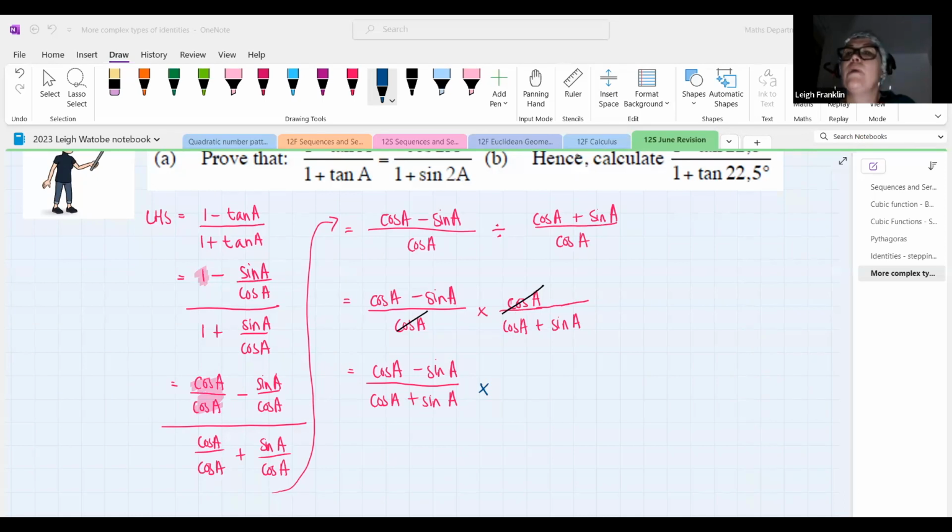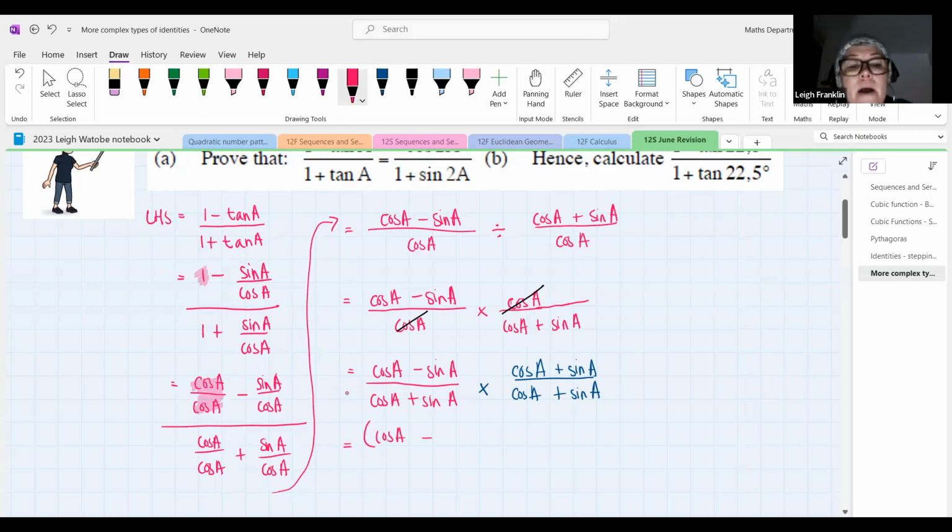Hello, Tsegofatso. Don't we use cos A plus sine A? We would. Yes. Correct. So we would use cos A plus sine A over the same one. Good. Well done. Lovely. Okay. And now when we multiply, we're multiplying numerator with numerator, denominator with denominator. So that's going to give us